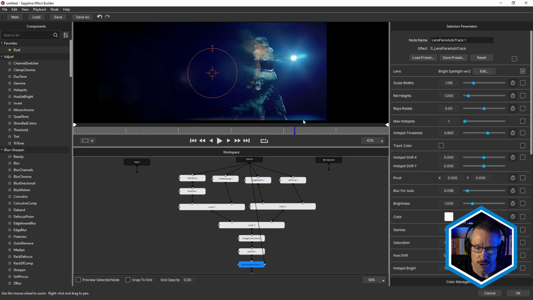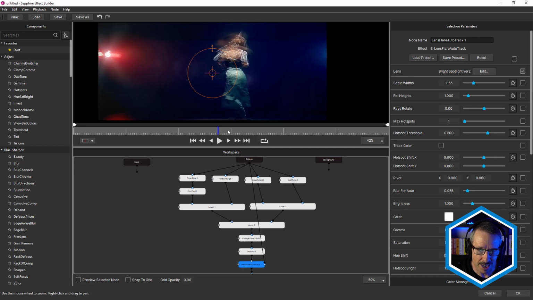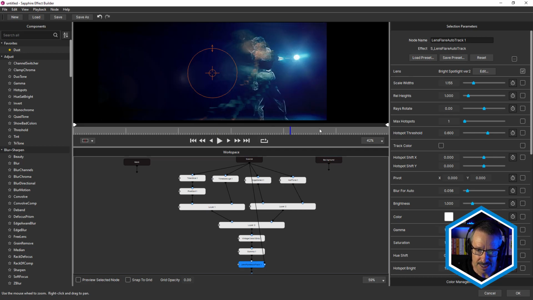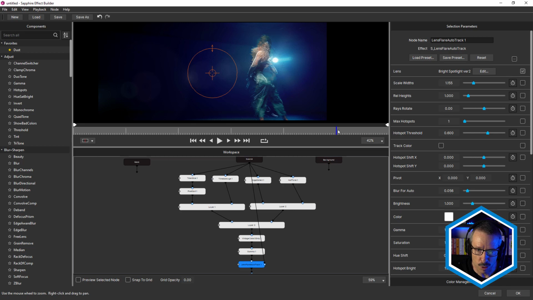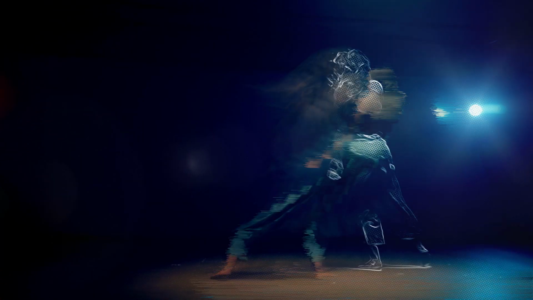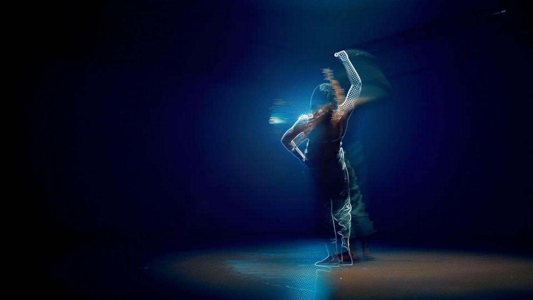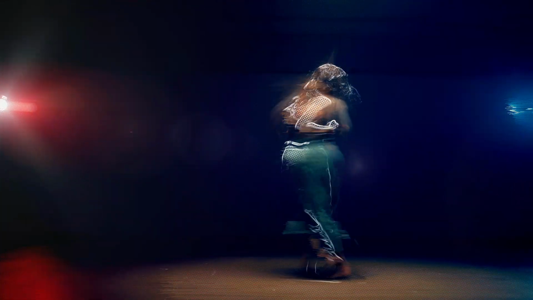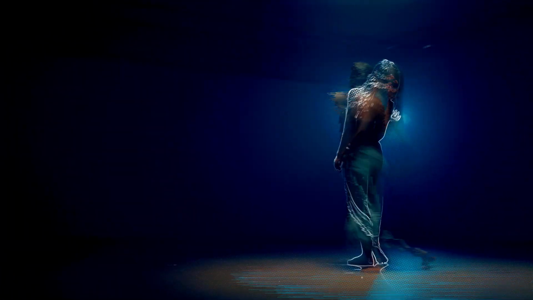And there we go. And I do have to point out with these time effects, notice how I'm jumping around the timeline here. And as I mentioned, these are previewing much better than they were before. So that's making them so much easier to use. All right, so that really has enhanced those spotlights now. I particularly like how the lens flares are adding that lens detail. It's giving this a lot of depth.